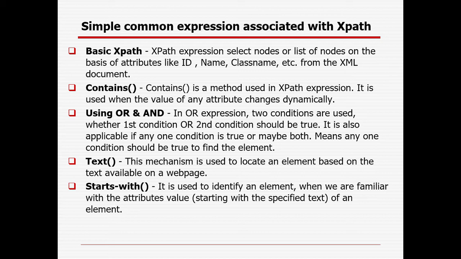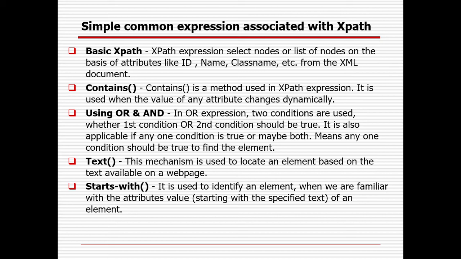Or, why is it required? Suppose an object has multiple properties, but one property might get changed. If you use that one, next time you will not be able to identify the element properly because the object property has changed. So that is the reason we can use or, where we can identify the element with multiple properties, right? Even if one property has changed, the other properties will still remain constant, so with that we can still identify the object. That is the reason we need to create the XPath using or and and operations.